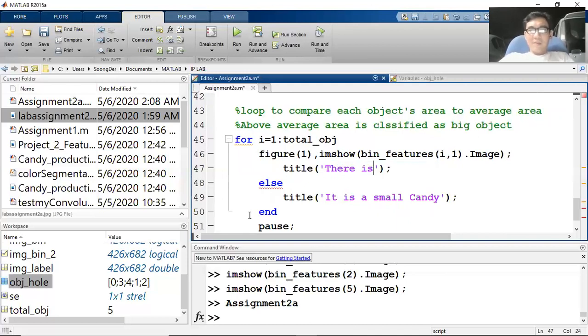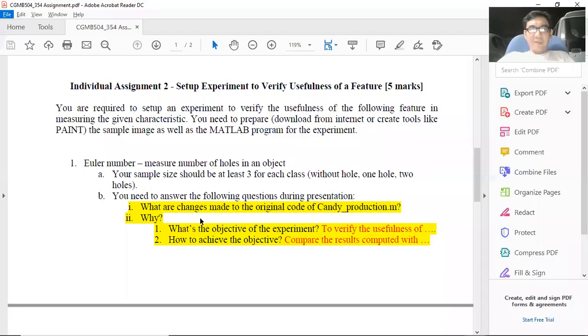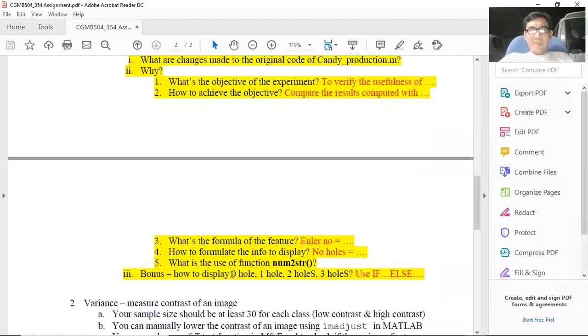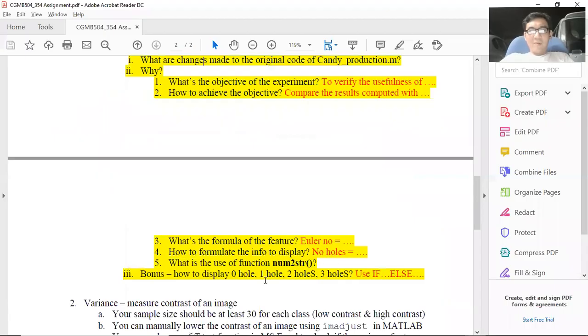Okay, we need to use the plural and singular. Okay, how to display 0 hole, 1 hole, 2 holes, 3 holes, and so on. Okay, so if you notice for singular, 0 and 1, so we put if